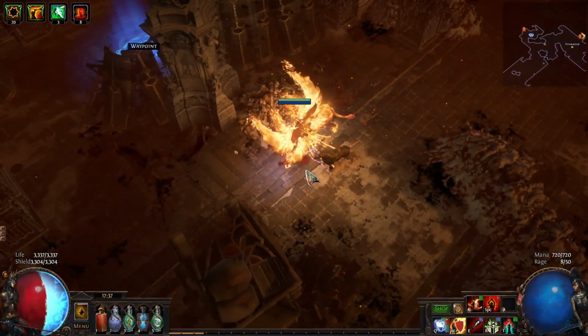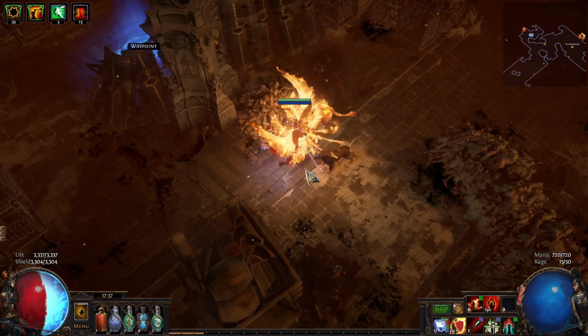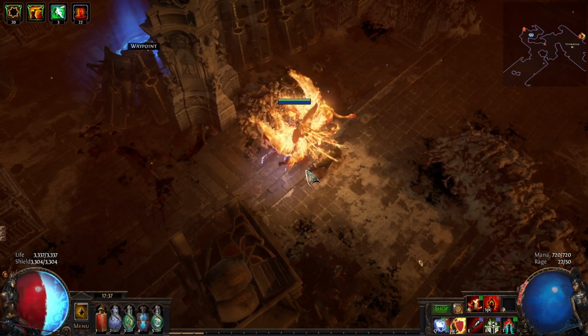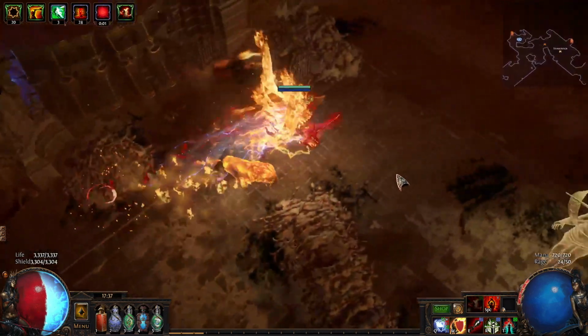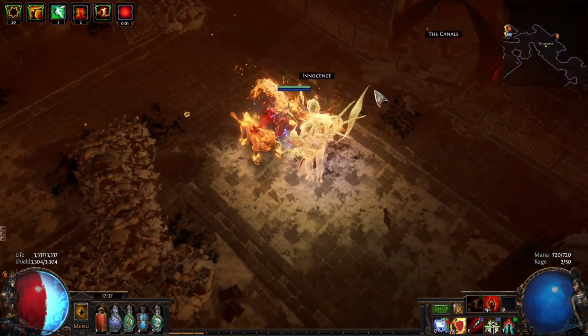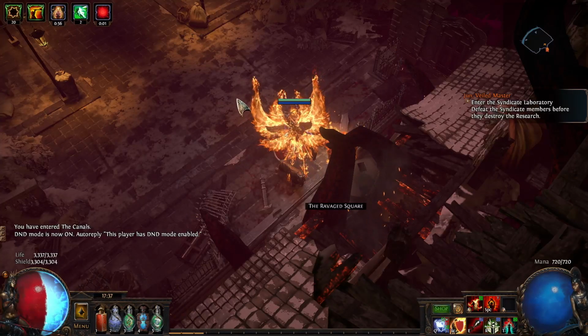Sorry, one last thing I forgot to say. When you are in town after killing Avarius, make sure that you do speak to Bannon, because then he will transform into Innocence, and he will then come here. He will then open the doorways to the canals, and this is now the final stretch to the end of Act 10. There's only 2 more zones to go through. Now, with the canals,